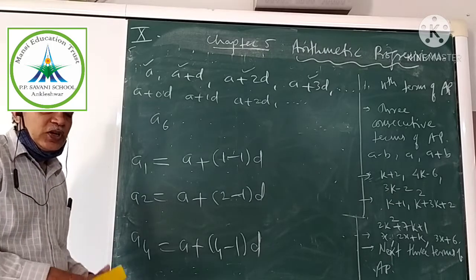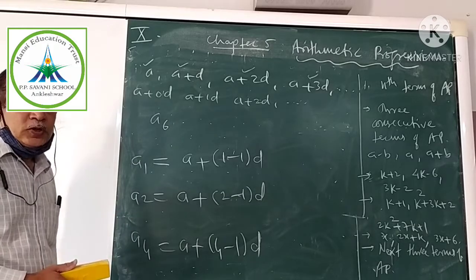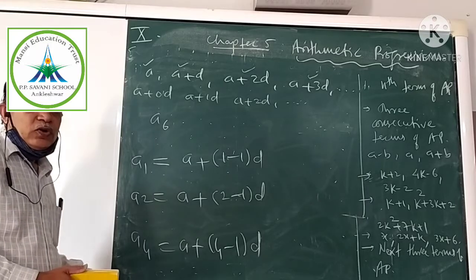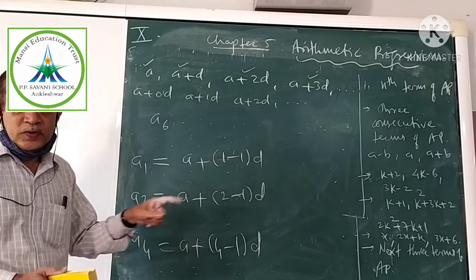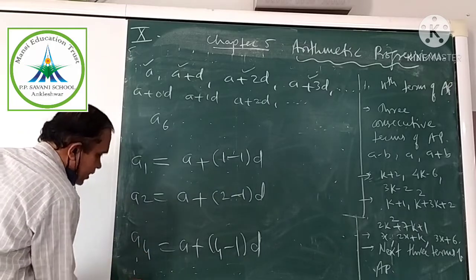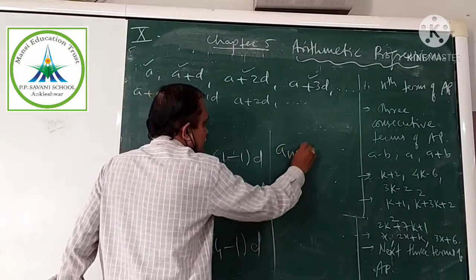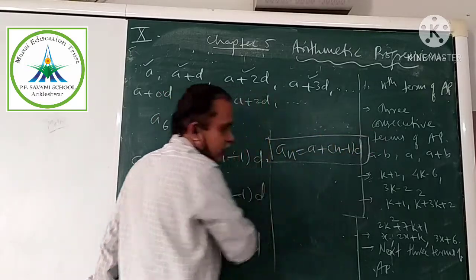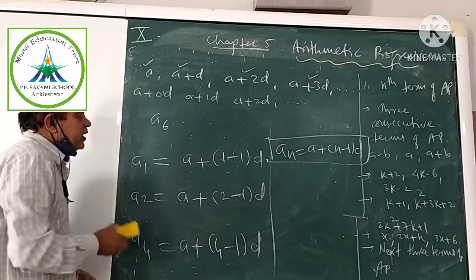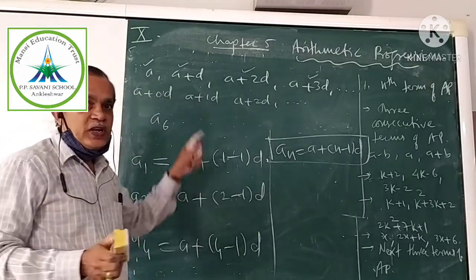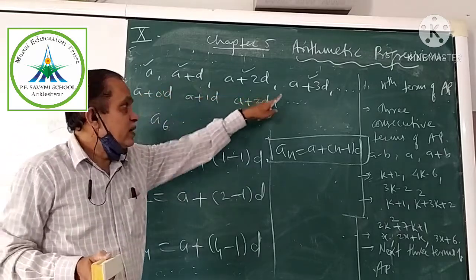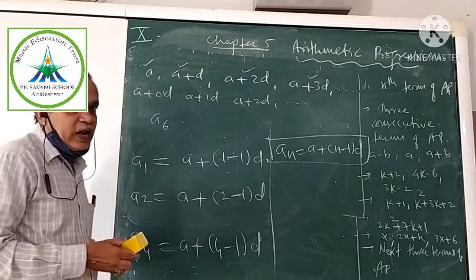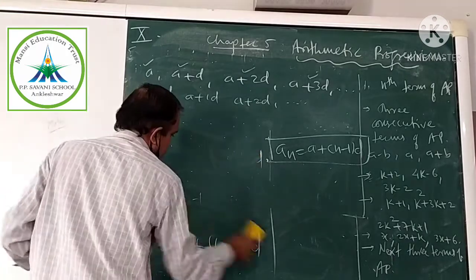So, if you are given the second term, you know what it is: A plus (2 minus 1)D. If you are given the 10th term, A10 equals A plus (10 minus 1)D. In the same way, if I take An, it is A plus (n minus 1)D. So this is the nth term. Very clear from the pattern only, nothing new. We try to understand how these numbers can be rewritten, from which we ourselves can write the nth term. Therefore, the nth term of an AP is,